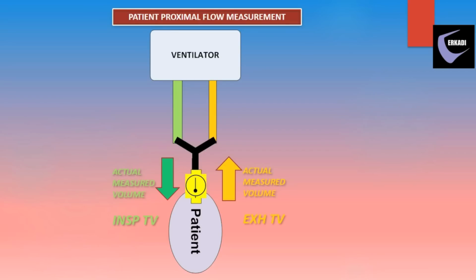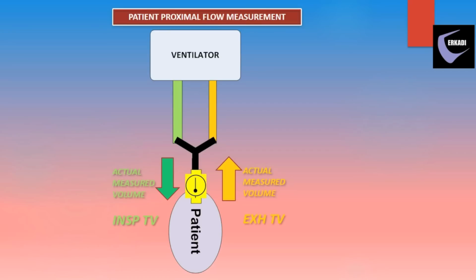In addition, the terminology used in the two systems differ considerably. Machines with proximal flow sensors measure flow and therefore volumes just before gas enters the endotracheal tube or mask and just after it leaves them. What the machine measures and what we really want to know is now the same. The inspiratory tidal volume, as measured by the machine, is the volume entering the ET tube or mask. The exhale tidal volume measured is the volume leaving the lungs via the ET tube or mask.